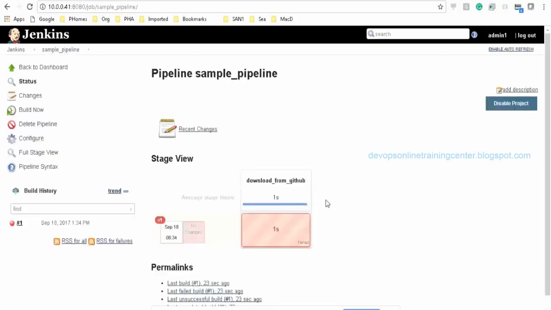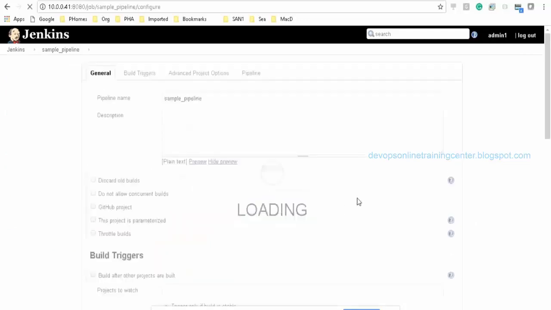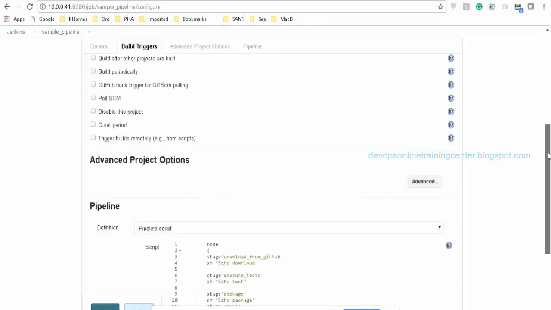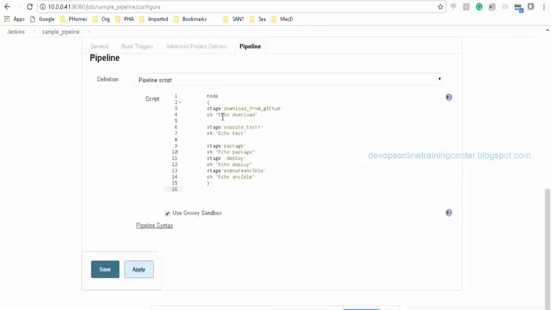So it will show the stages here. So download from code and all those stages it will show, and it will give a pipeline kind of view. What is a pipeline? Something like a continuous flow, right? Something like a workflow we are designing. Okay, this is not capital E, this is small e.